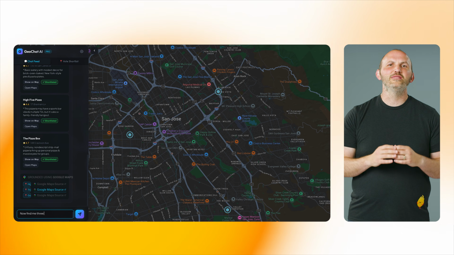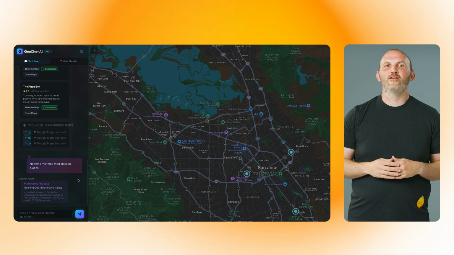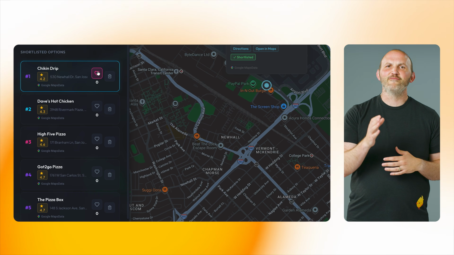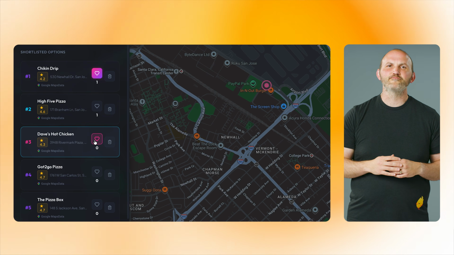I can then repeat the process for fried chicken and many of the other places that my friends would have an interest in. I then send out the list to my friends, and everyone puts in a vote on where to eat dinner. To add Google Maps grounding in our app, we first started off by using Firebase AI Logic